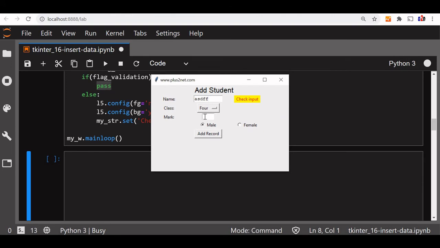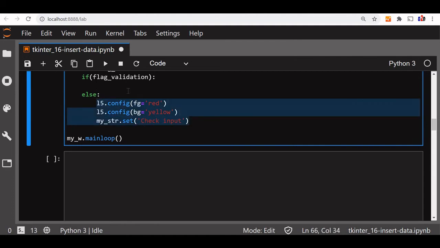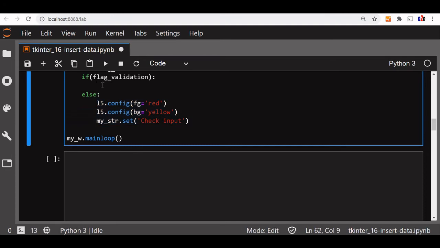Fine. Now I will enter 45. I have fulfilled all the requirements. So now what should it do? It will not do anything, but my validation is cleared. I can write it here. Let's close this. Instead of if validation, for our understanding, this is what we will do. We will copy this code, paste it here.